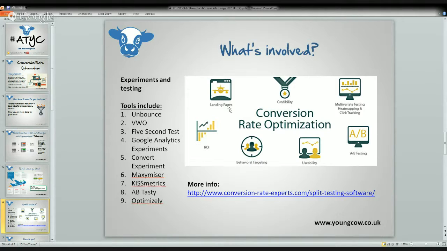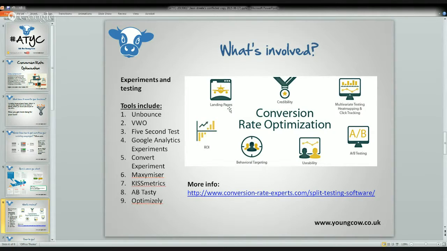I don't know how to explain this one. This one could be, I suppose, how people communicate. So looking at whether people respond to visual, auditory, or kinesthetic. You can also look at it with behavioral targeting. It could be device-based. Maybe you're testing against iPads, iPhones, smartphones, that type of thing compared to desktop. So there's a number of things you can look at there with behavioral targeting.